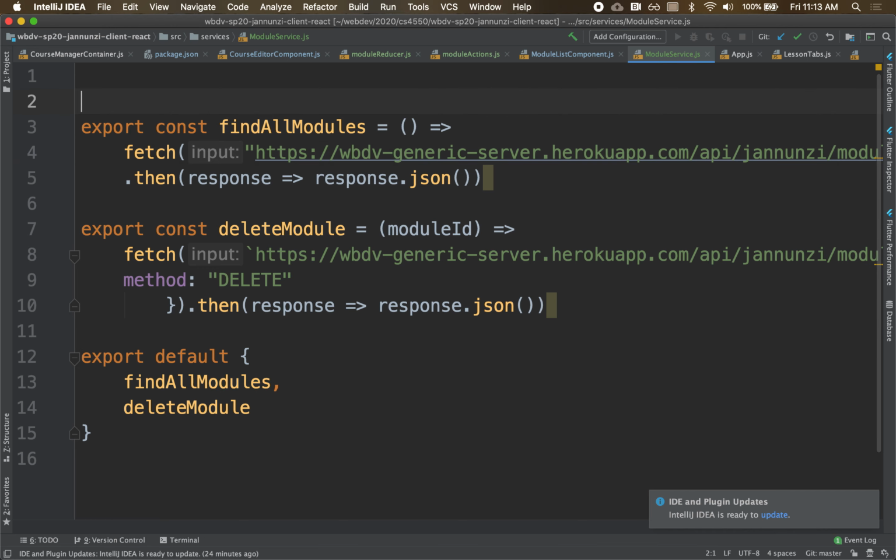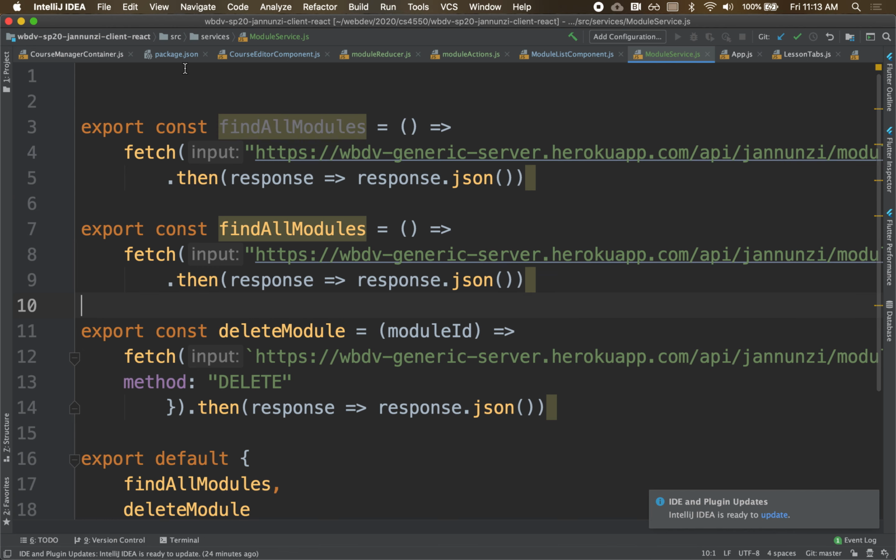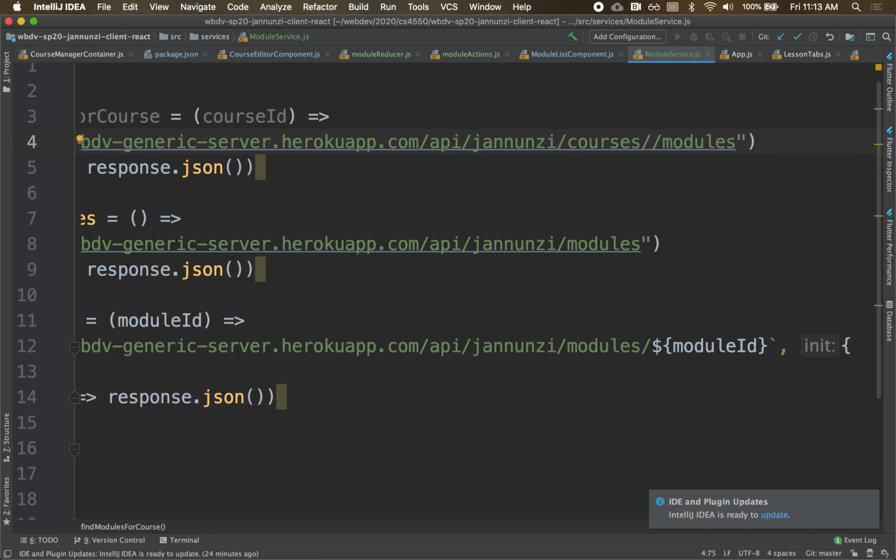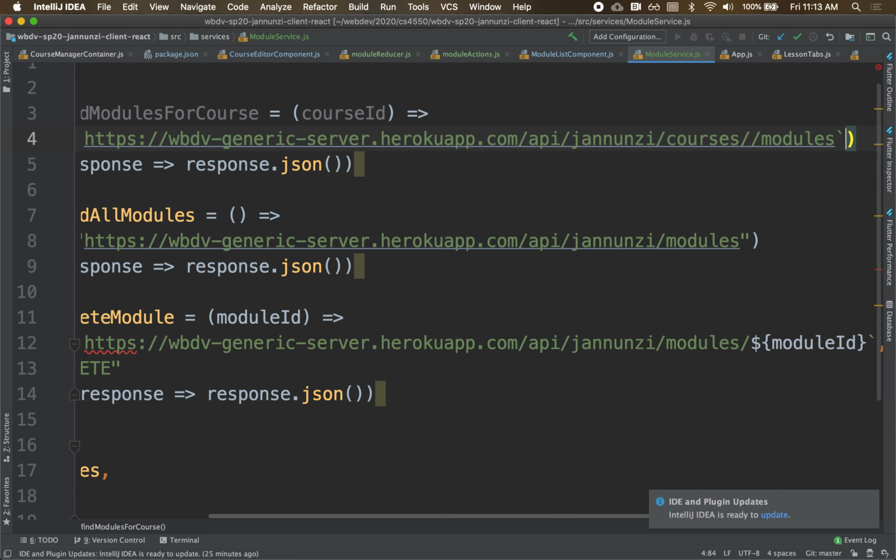implement something else. We can implement maybe find modules for course, and you can pass me the course ID, and I will only return the modules for that course. But the URL looks a little bit different. You have to tell me here courses, and then the ID of the course / modules, and I'll only return the modules for that particular course. Make sense? So this URL is parameterized, so I'm going to change it to this syntax, so I can embed here